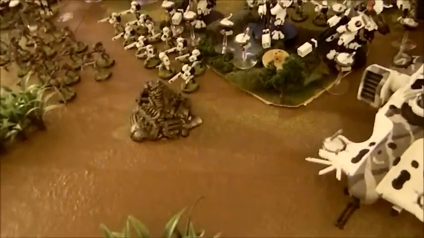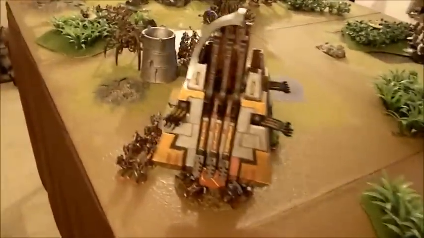Shot this Monolith at a Fire Warrior squad and actually ended up killing half of them. They failed their leadership test, and they are now running. So I killed one squad, killed a couple of drones, got a Fire Warrior team to run, and then at